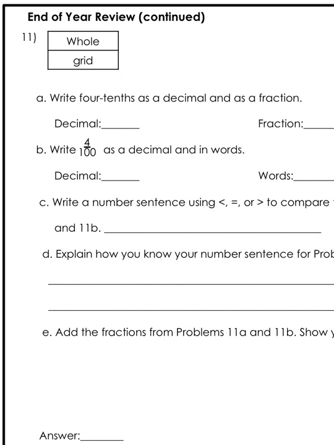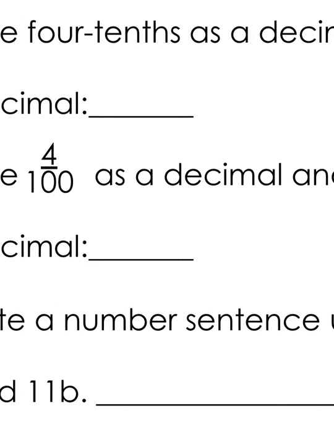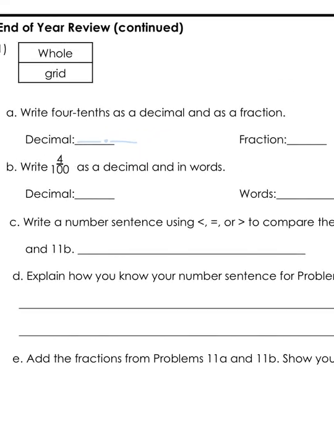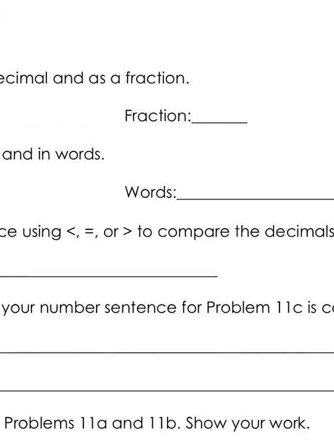Write 4/10 as a decimal and as a fraction. Now the decimal would require a decimal point. So I'm going to have an amount, or some digits, to the left of the decimal point, and then I would have some digits to the right of the decimal point. 4/10 written as a fraction